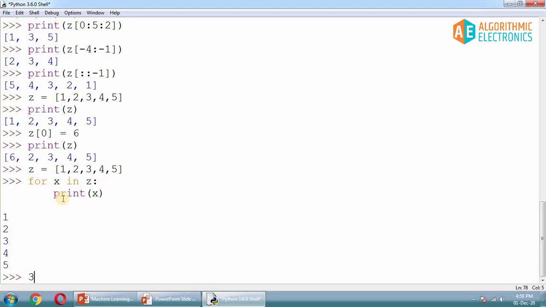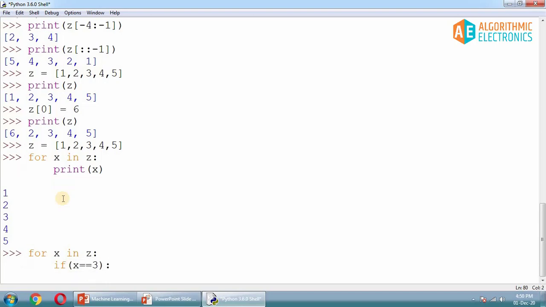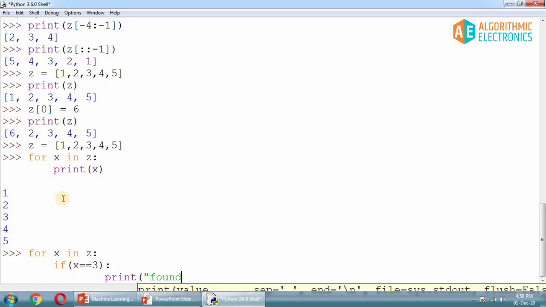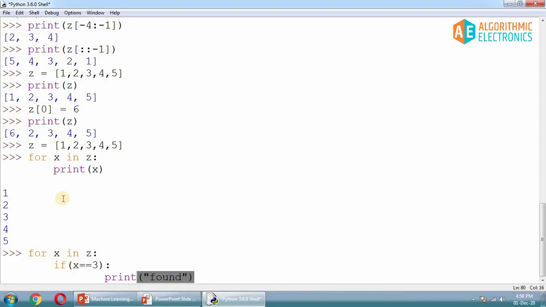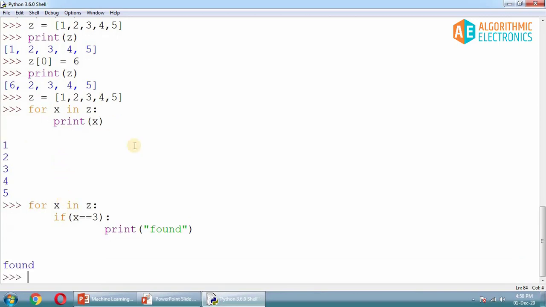In other programming languages, you will have to do it like this: for x in z. You'll have to write a for loop, and then check if x equals 3. If this is true, then you can print found. Okay, x is there, so it is found. Now it's printing.